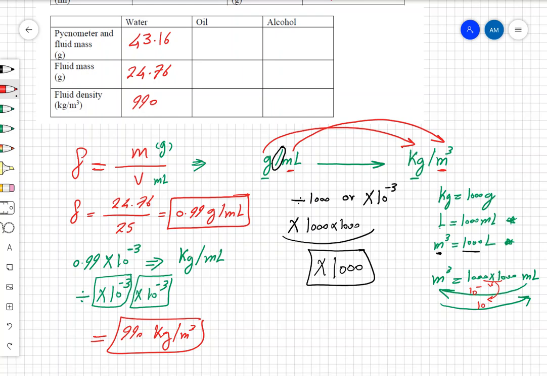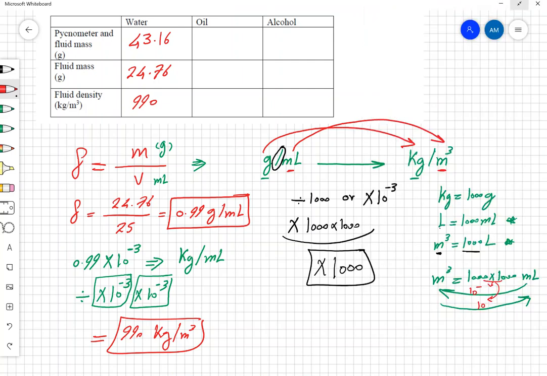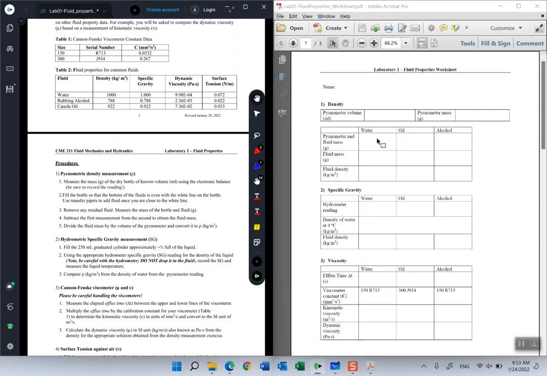Okay, so let's continue our experiment by getting the, I will stop the video right now. So after getting the hydrometer reading for water, which is 0.98, and we know that the density of water at 4 degrees equals approximately 1000, to get the fluid density using the hydrometer reading, again,